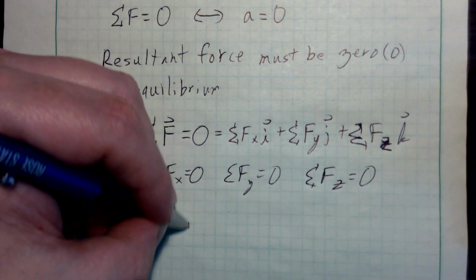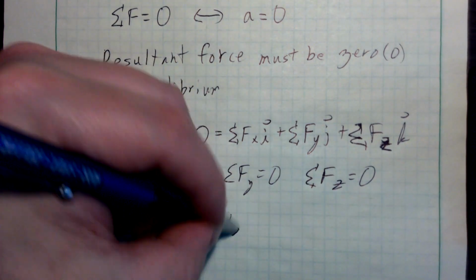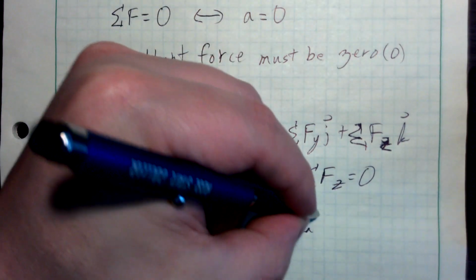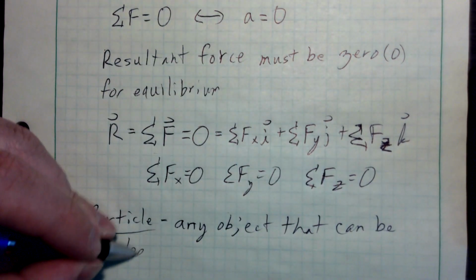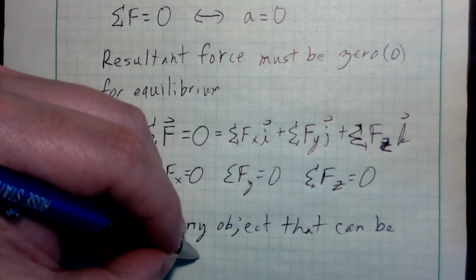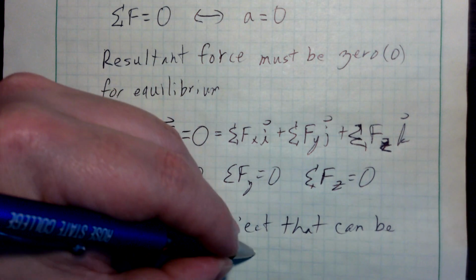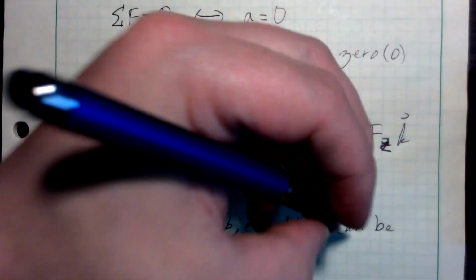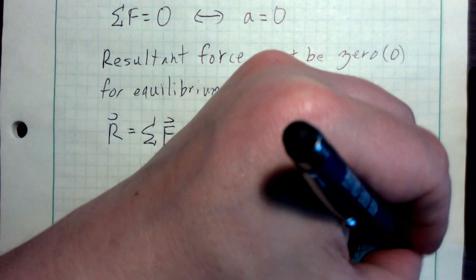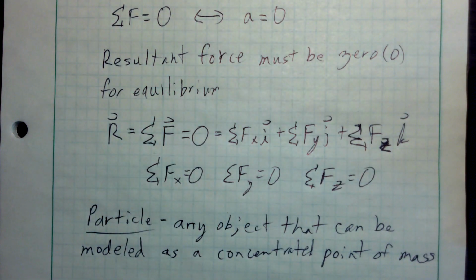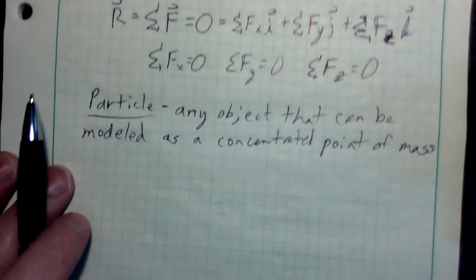What is a particle? A particle is any object that can be modeled as a concentrated point of mass. That's what I mean by particle. We'll understand a little more about the significance of that when we get into chapter 4. But for us right now, it just simply means that if I've got